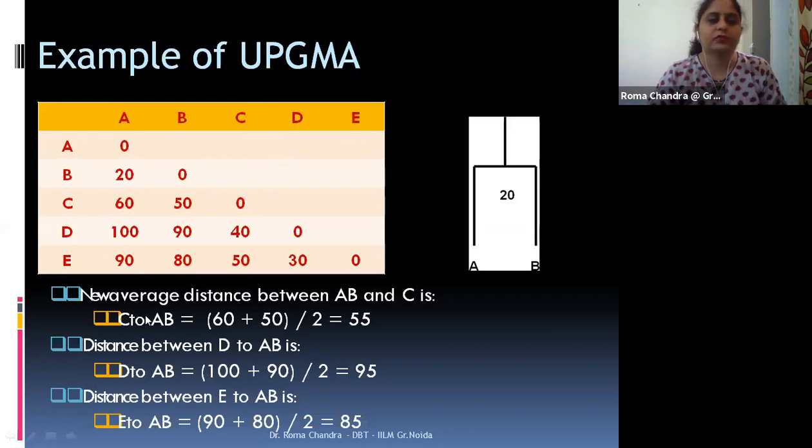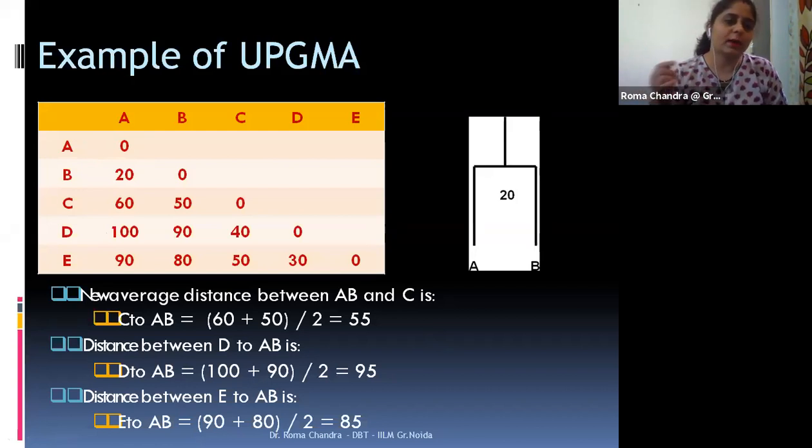So the first thing is we need to find out the difference between these sequences. I will compare A and B, A and C, A and D, A and E. So first I make possible pairs for my sequences, and with the pairs, I try to find out the difference between the two sequences.